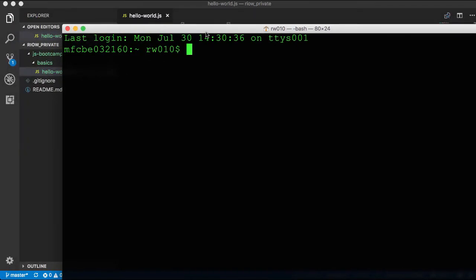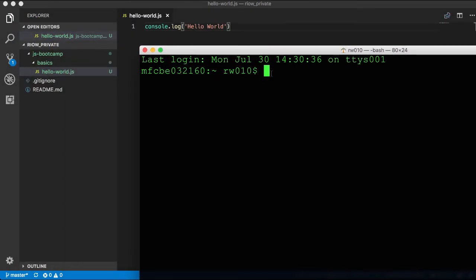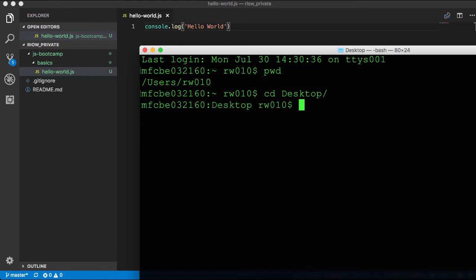And what I'm going to need to do, and there's a couple ways to do this, but I'll do it the long way. I'm going to need to navigate to this location where this is at. So I'm going to do pwd. I'm in my, and again, this is on my Mac, not on my PC. So I need to change into desktop because that's where I put it. And then in here, I need to change into